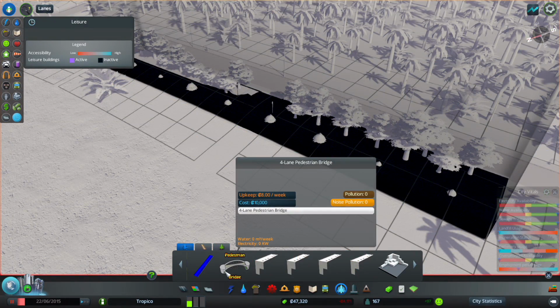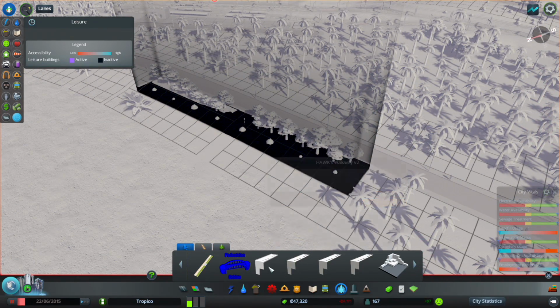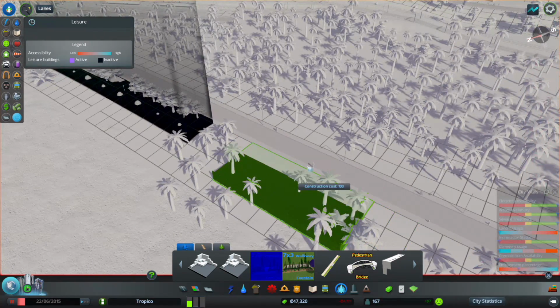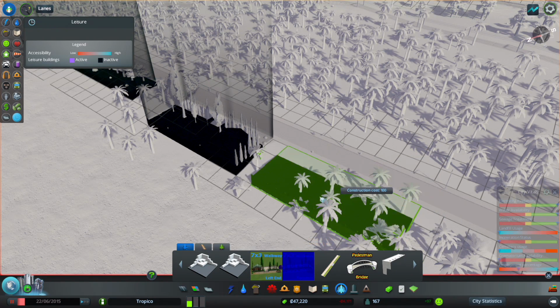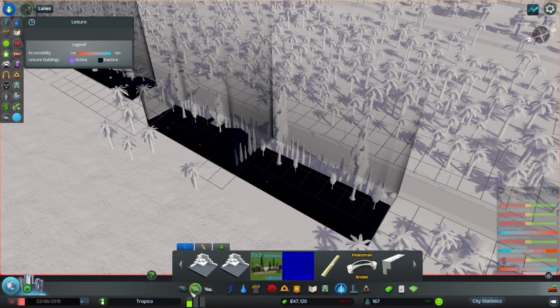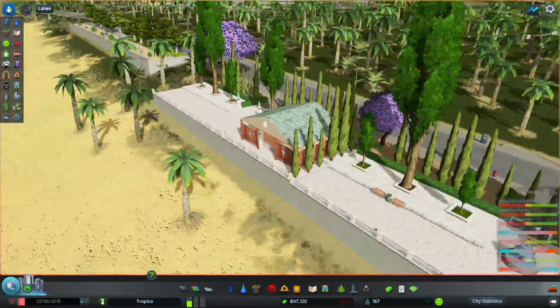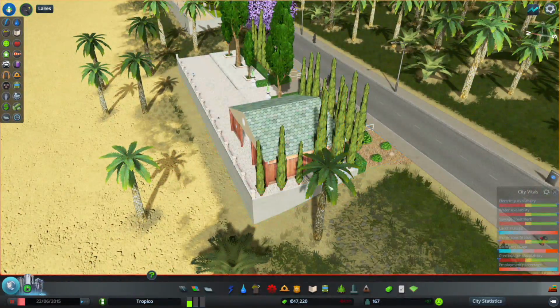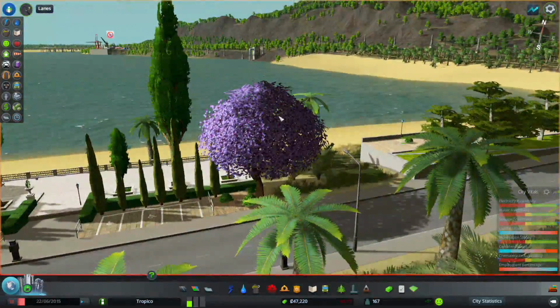What else is here? There's pedestrian bridge, 4-lane. Yeah, includes a road. Hawks walkway, version 2. 7 by 3 walkway, left end. And then there's the Hawks 7 by 3 with the fountain. Alright, so left end, that would indicate that, so I guess this is the end of the walkway. And yeah, those trees...